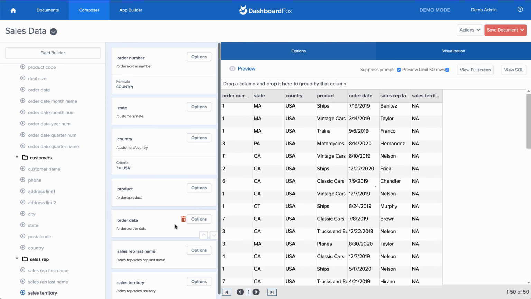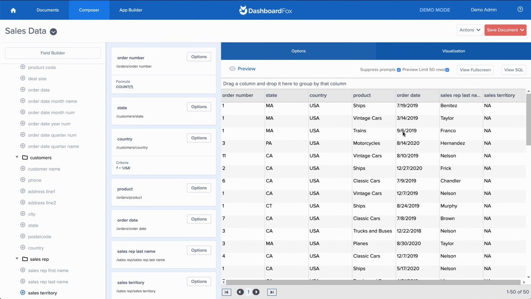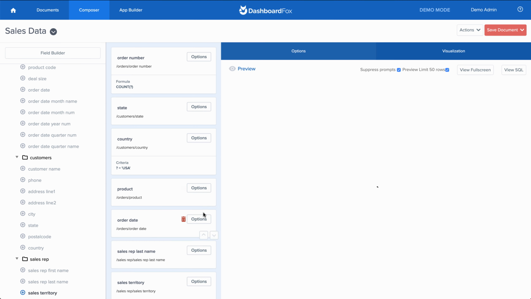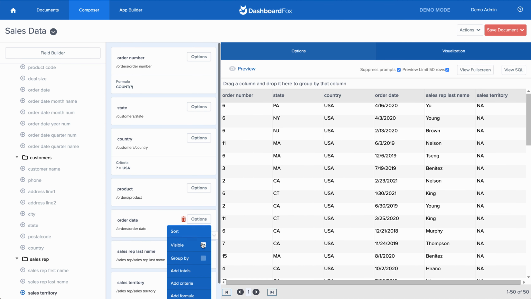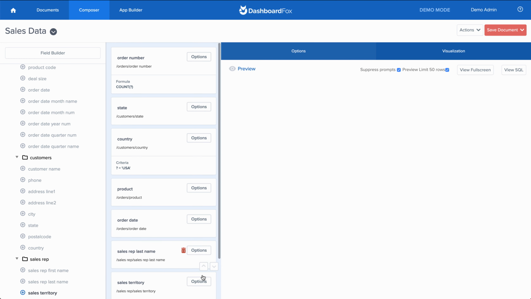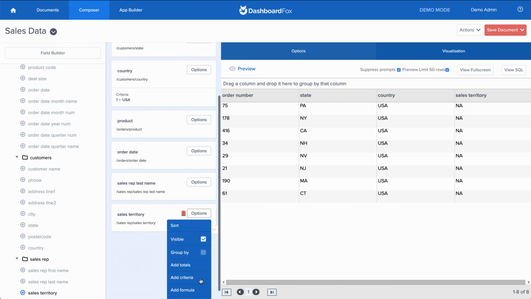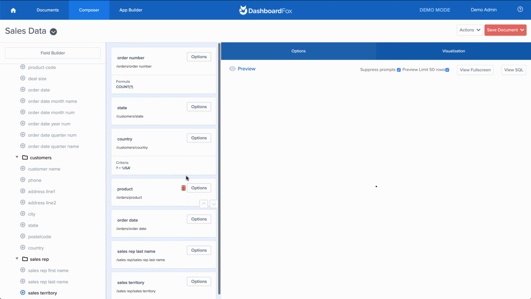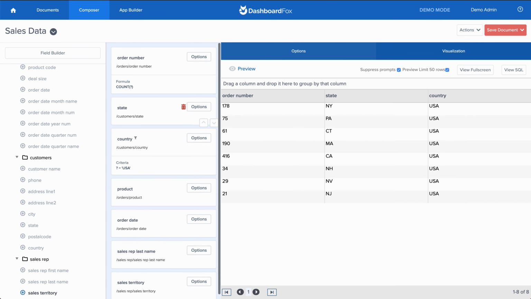As I add those in, by default, that's going to change my data set. What I want to do is add those in and turn off the visibility. That's going to allow them to be used as dashboard filters if you add this report to a dashboard, and it's not going to affect the order number count that we have. And the last thing I'm going to do is change my order number to say number of orders, just so that the title reflects the data in this grid at this point.